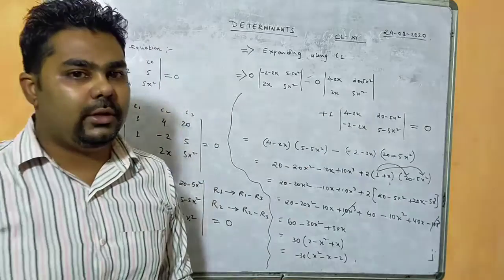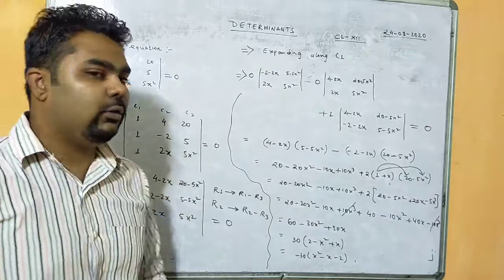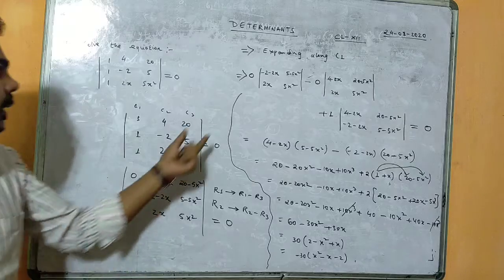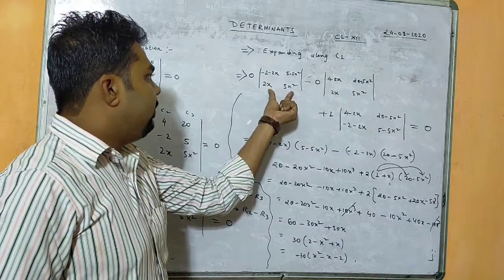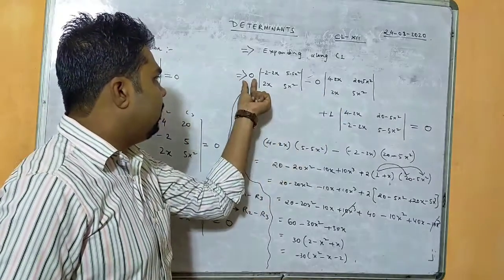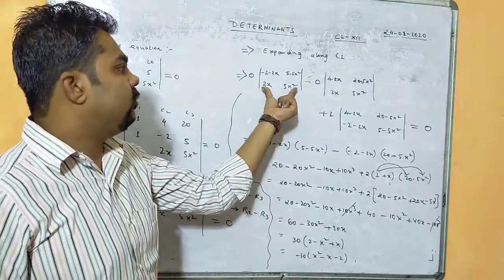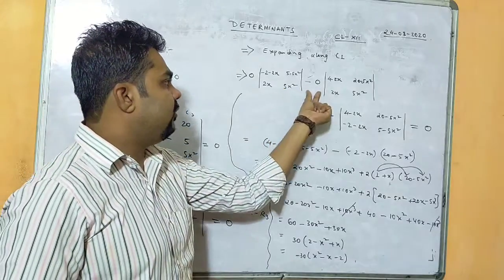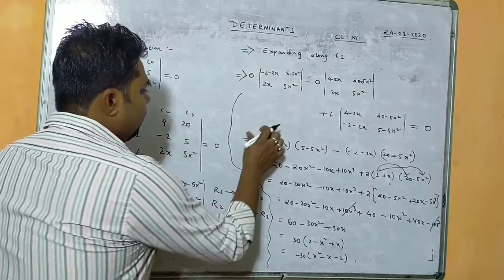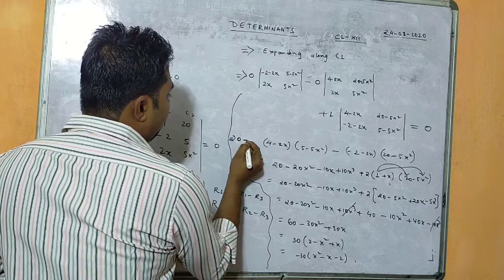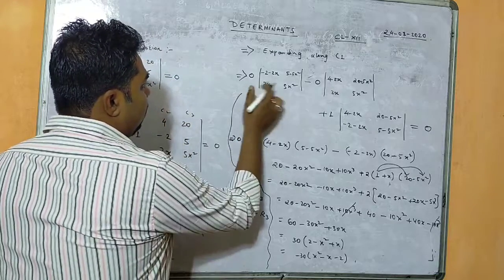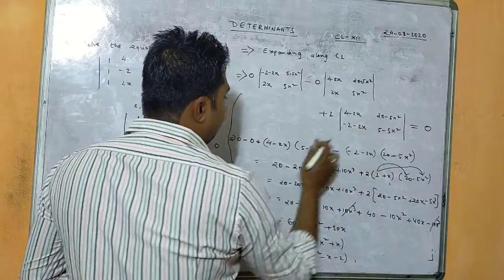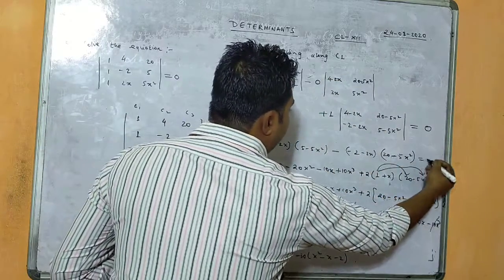This we learned in my first video, how to get the value of any determinant. So we have found the determinant by expanding along column 1. Now when you multiply it with 0, everything will be 0. 0 multiplied with the value of this determinant, which is non-zero, will be 0. Similarly minus 0 into something is 0. So 0 minus 0 plus, 0 means 0, this calculation is again 0, and this calculation I have cross multiplied, and this equals 0.